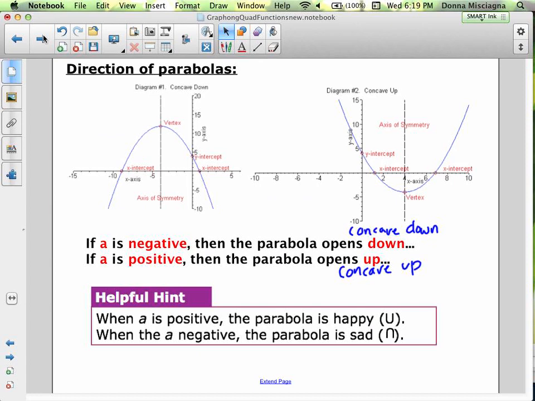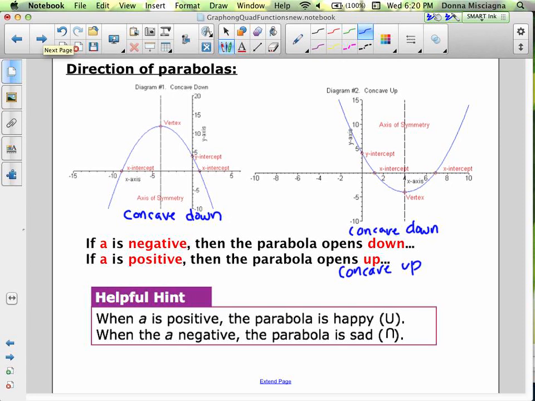Here we have a parabola that is opening downward. We call that concave down. Here we have a parabola that's opening upwards. We call that concave up. So if A is negative, remember when we've been working with solving quadratic equations, and we had equations like